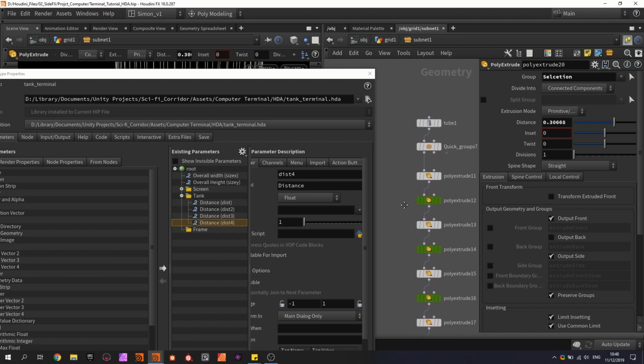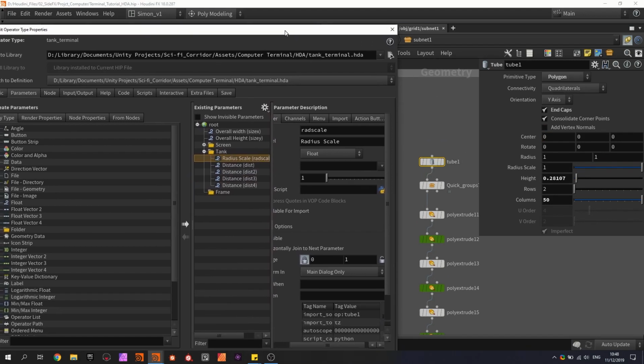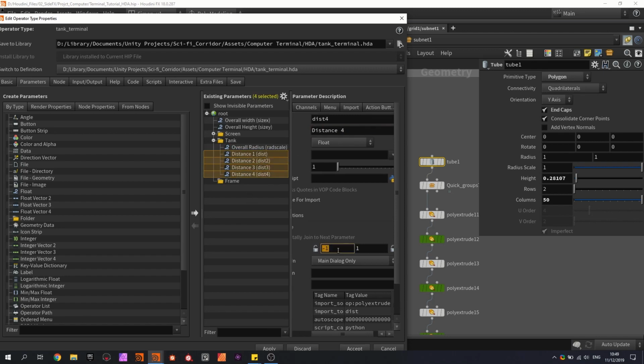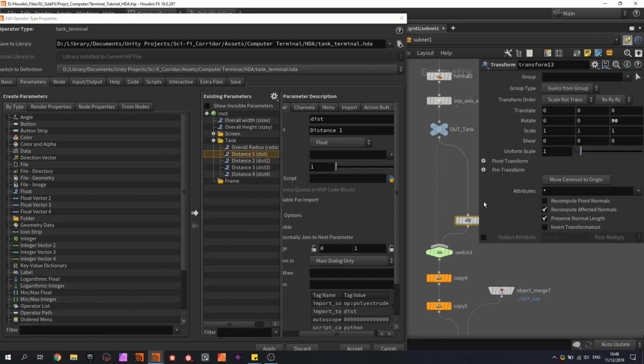And also I can go back here and expose the radius, so I can control the overall radius. And I'm gonna just go distance 1, 2, 3, 4, and I don't want to go in minus, so I'm gonna fill in 0 in here, and that should be okay. Then also here to rotate my tank, so we basically rotate the tank 19 degrees here, and I'm